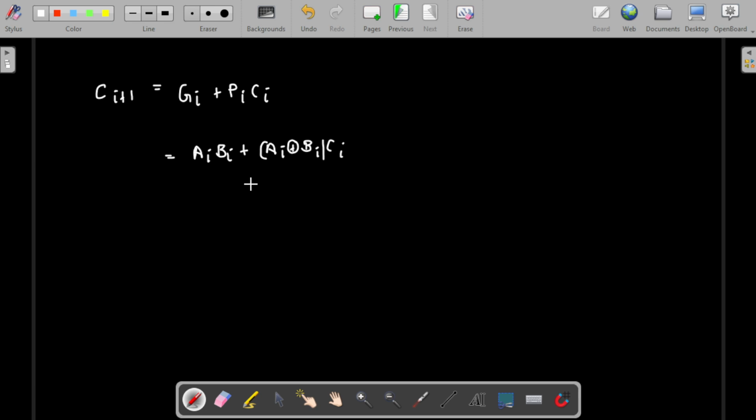Okay, so this is the circuit that we are going to take into consideration. Now let's take a 2-bit carry lookahead adder. If it is a 2-bit, we need to find out C1 and C2. So C1 will be equal to G0 plus P0 C0. G0 will be A0 B0, and P0 is A0 XOR B0